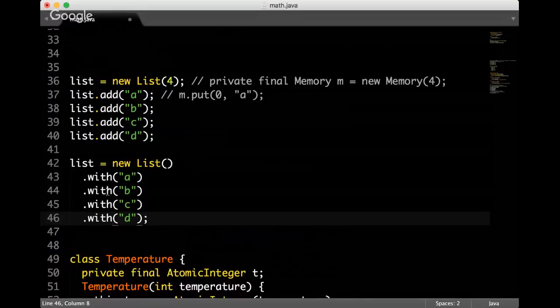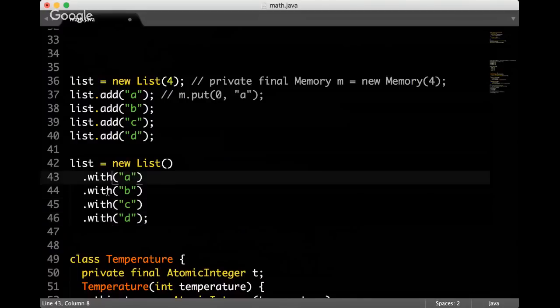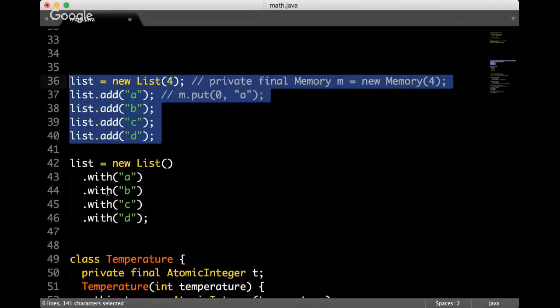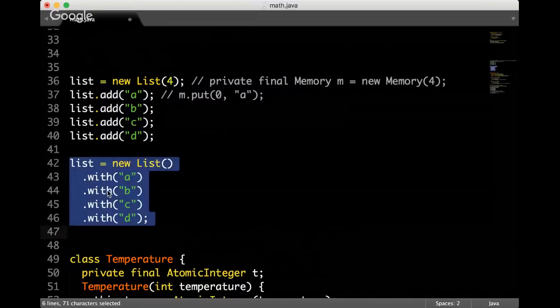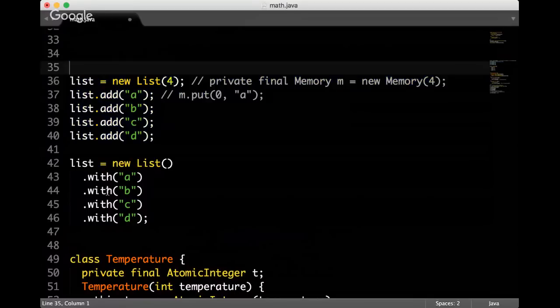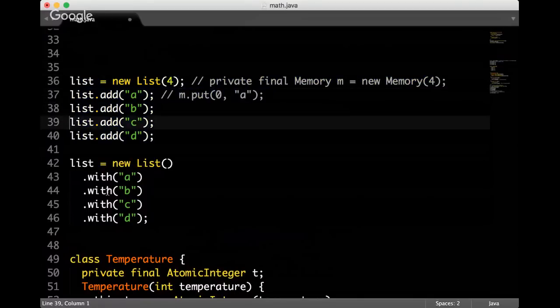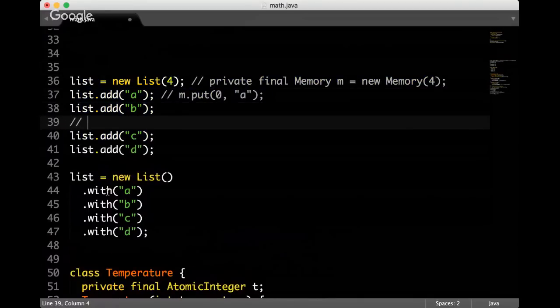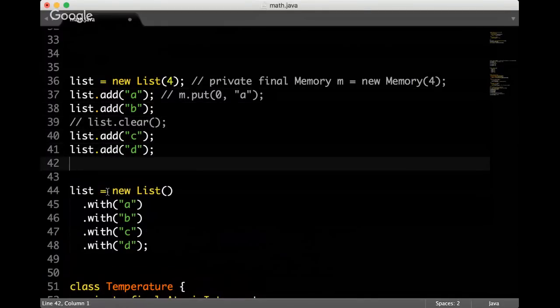First of all, they are thread safe. This code is not thread safe. This code is thread safe. So in this case, we lose the benefit of constants, which is thread safety. If I add A, B, whatever, and then some other thread says list clear, for example, then my result will be really unpredictable.